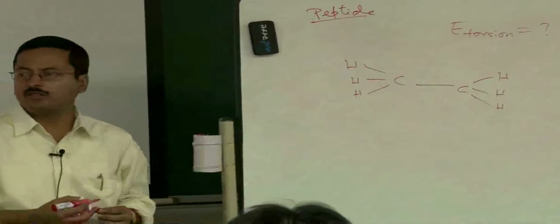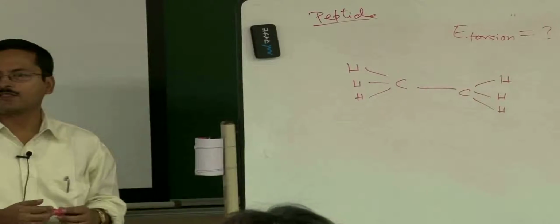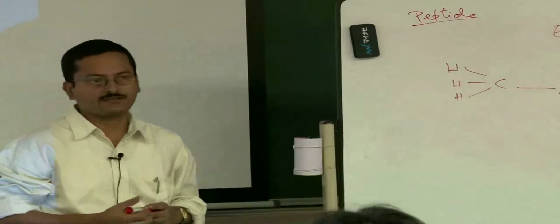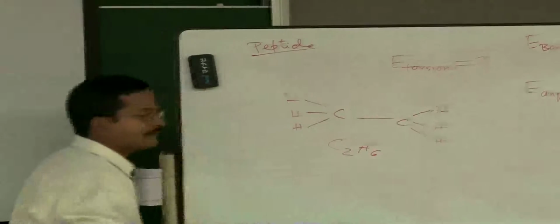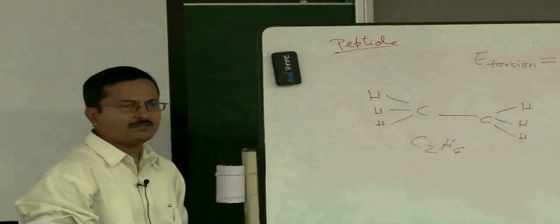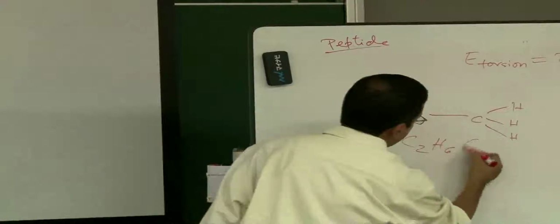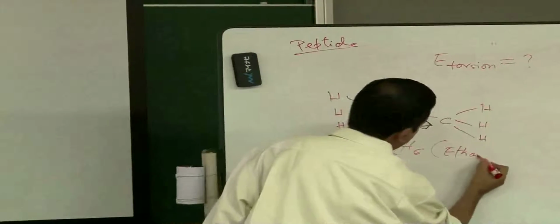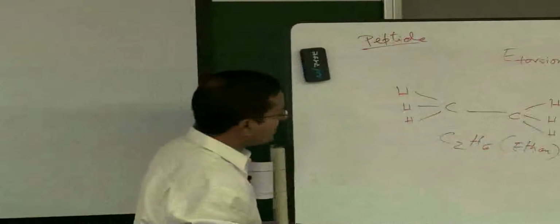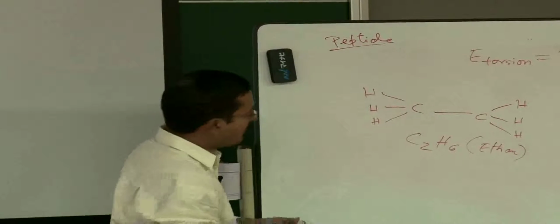What is this molecule? C2H6, right? That is ethane. Okay. I will explain torsion angle. I do not have a model, but